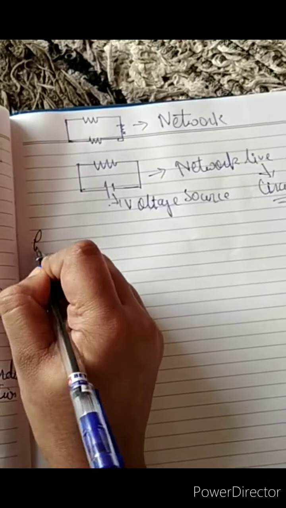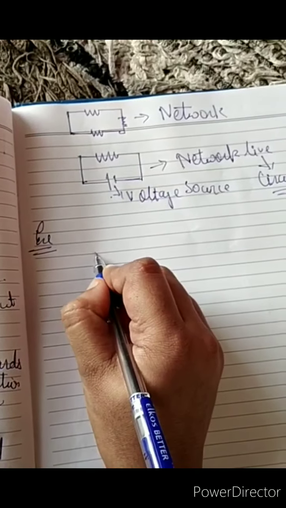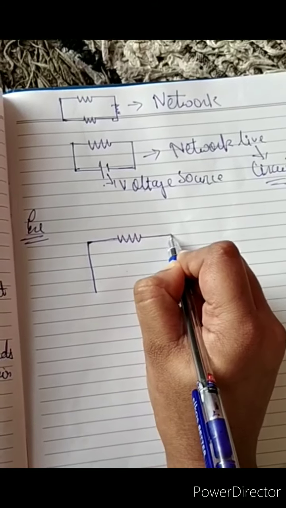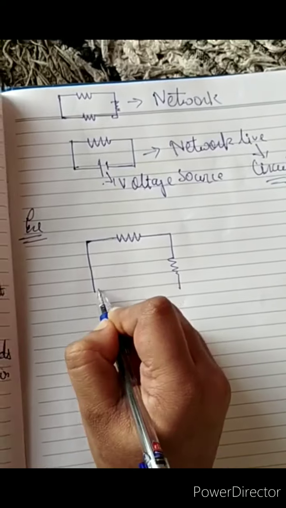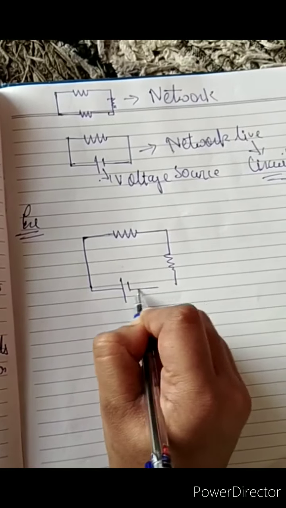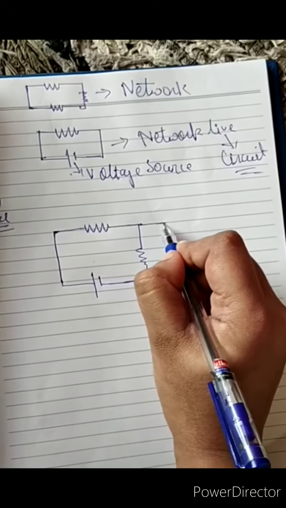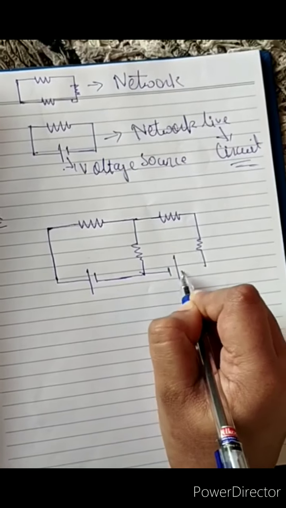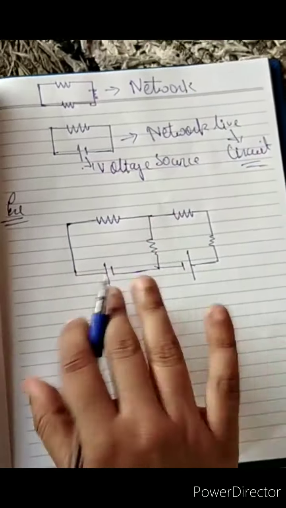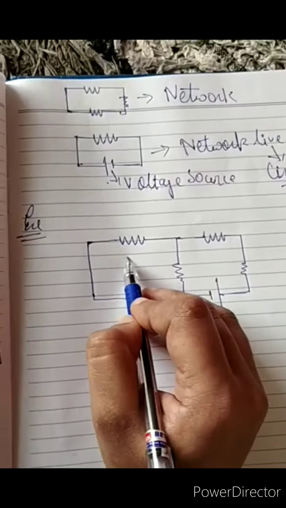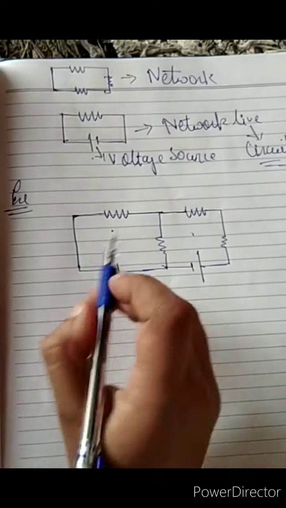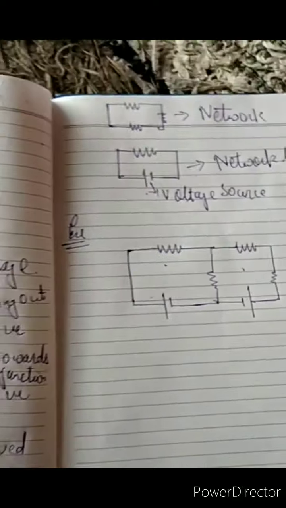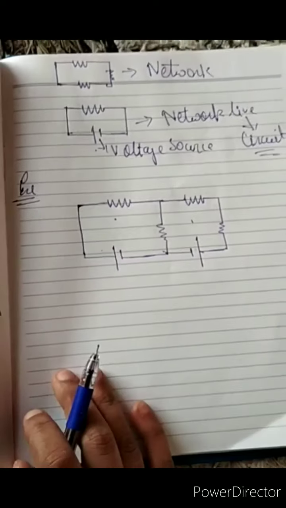Okay, so let's take one example of it. Let's say we have a resistance over here, and a voltage source over here, and again we have a resistance. Let's say now the direction is opposite. Let's just take two circuit problems, one this loop, one this loop. Two circuits are there. I'm calling this a circuit because we have a voltage source over here. I will give you more information about voltage source and ampere source as we go on in this lecture.